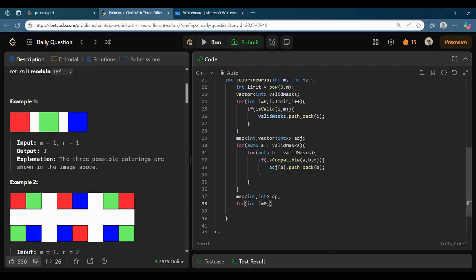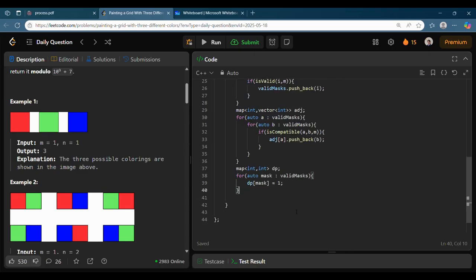So for auto mask in valid masks, dp of mask is 1, because till now I have placed only the first row.